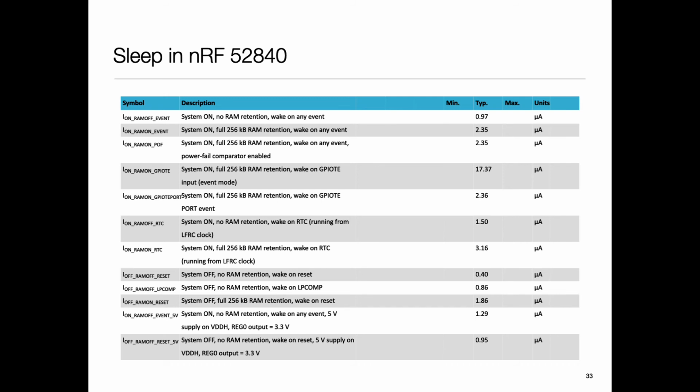Another aspect of it is when the next event will come is very predictable, right? If I knew precisely that the next event will come at 4 p.m. and I know my wake up time is 1 minute, I'll just wake up 1 minute before 4 p.m. and be ready for that, right? So predictability is an issue. How far in the future is it? Is an issue. There are a bunch of these considerations that you have to take into account.